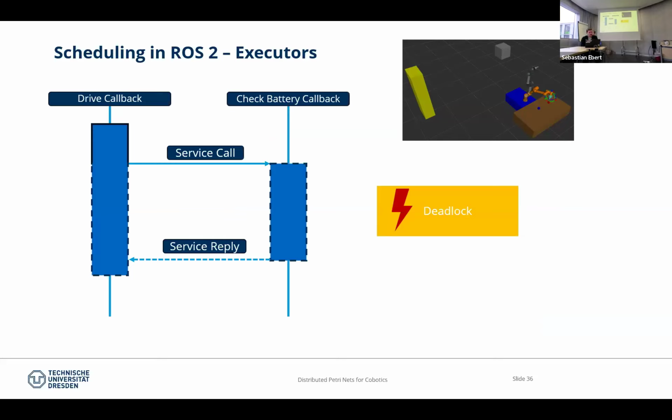Let's think we have a drive callback on the left side. That's what the robot is controlling, driving around between the objects. And now this callback calls a service which has to check the battery. So we want to know, okay, do we need to charge soon? The problem now is we are actually running into a deadlock. That's because we don't have a second thread to run the service. Our only thread is occupied by the driving callback here. So we send the message out, but nothing ever comes back. So, destroying the ROS system in 5 seconds, basically.